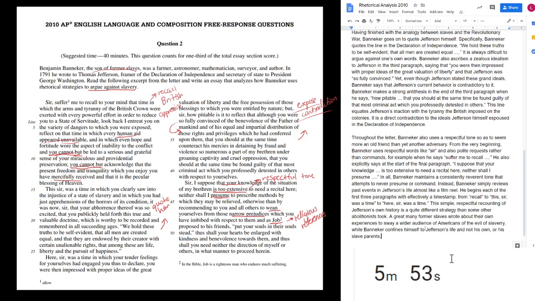So how does this, right, I need to connect this to my thesis now. So by using a respectful tone, Banneker,